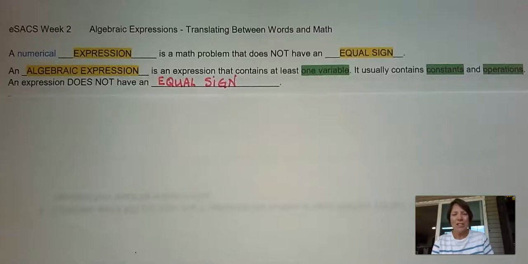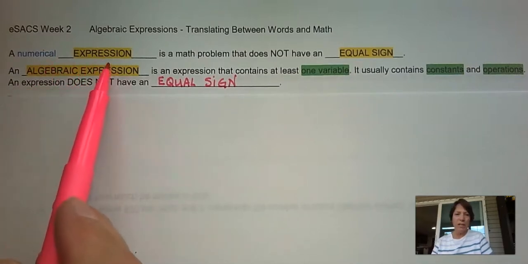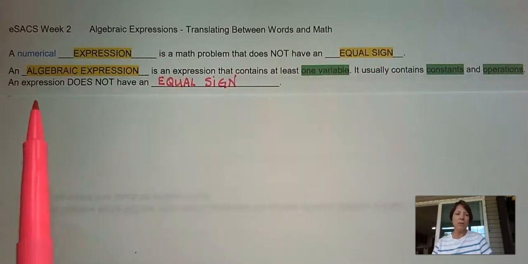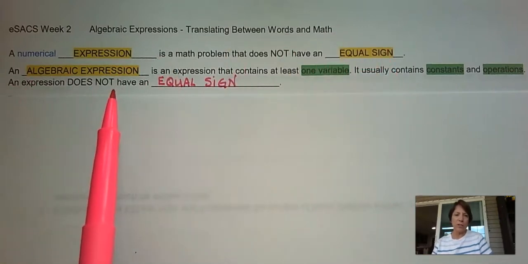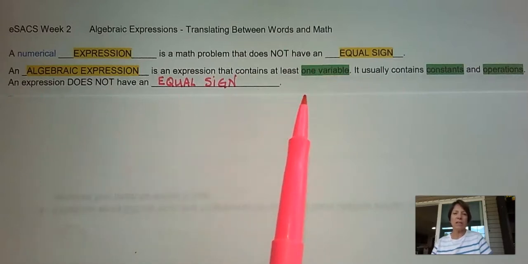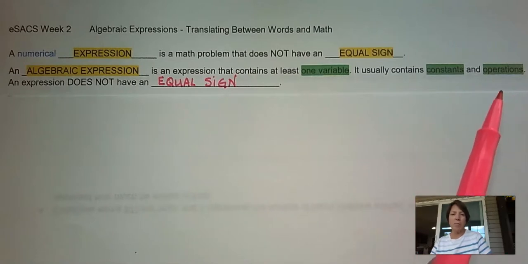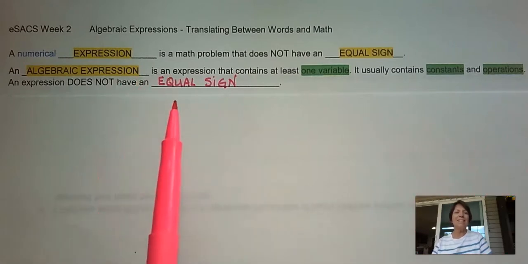Hi everyone! Our job today is to learn about algebraic expressions, and specifically we're going to be taking word phrases and translating them into math expressions. First of all, let's remember that a numerical expression is simply a math problem that doesn't have an equal sign. Today we're going to work with algebraic expressions, so these are expressions that contain a variable, usually some constants, an operation symbol, and